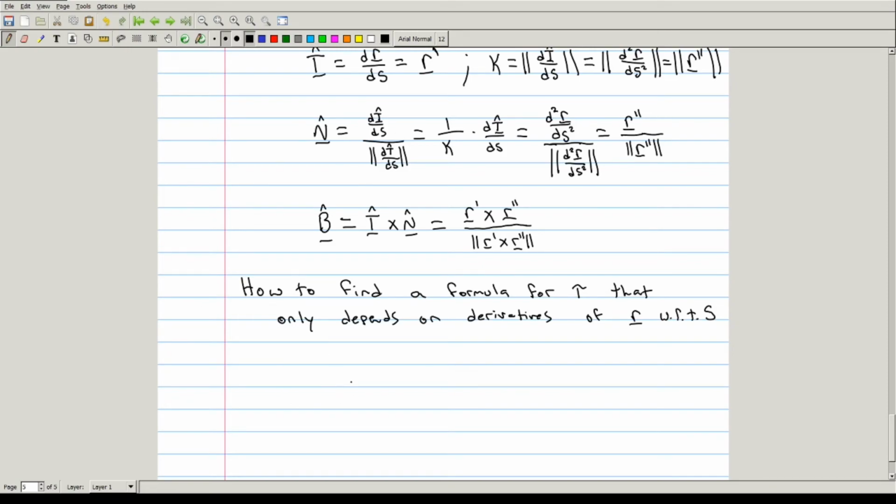First things first, we consider the Frenet-Serret formula. For the first Frenet-Serret formula, recall that